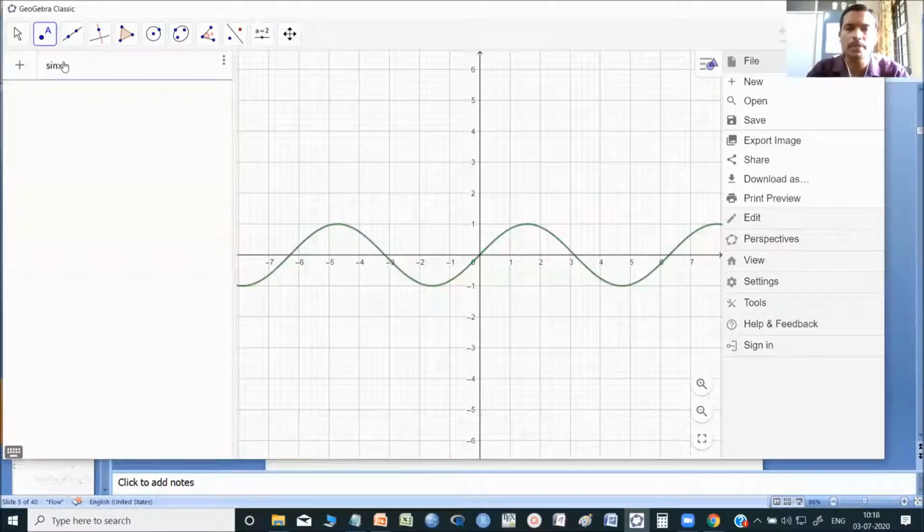Nothing is required. Just type sin x in the command line. In the leftmost corner, you could see... I'll give you time. You can do it now. You zoom and see what I typed here. Sin x is there on the left side. You could see the curve sin x on the right side.